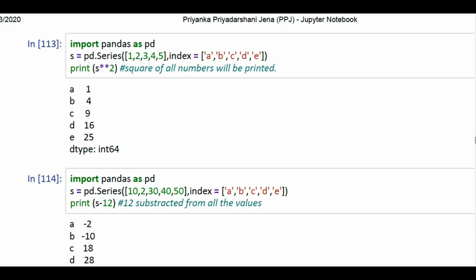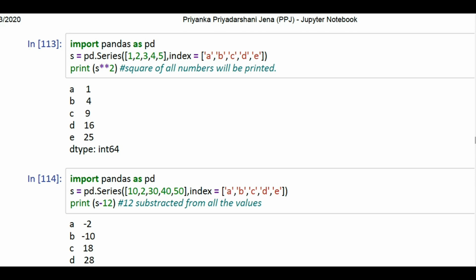S of double asterisk is the power function. So the total series will perform the square function. The total series will perform the square of the series data values.